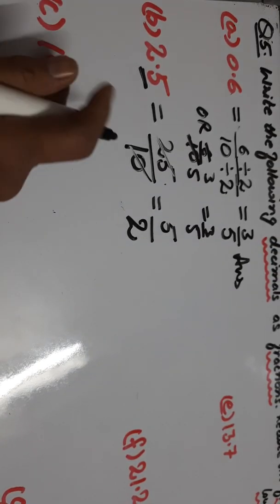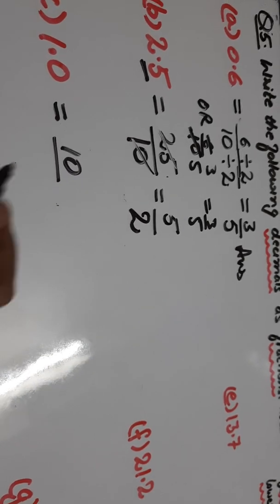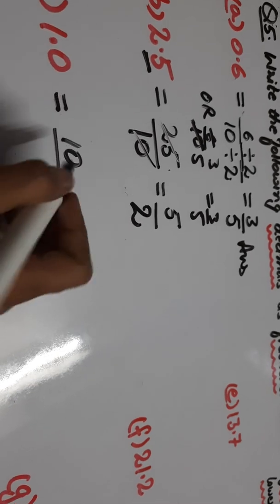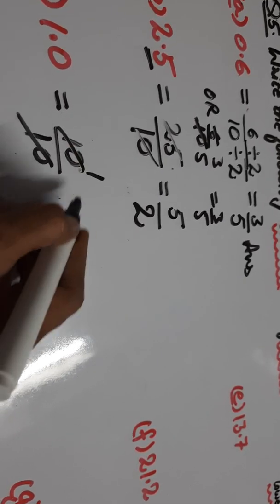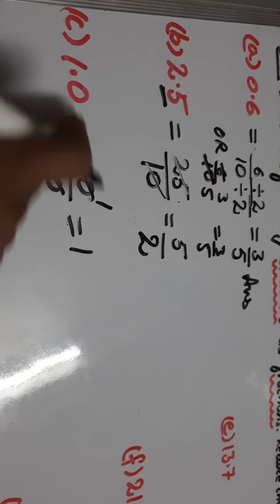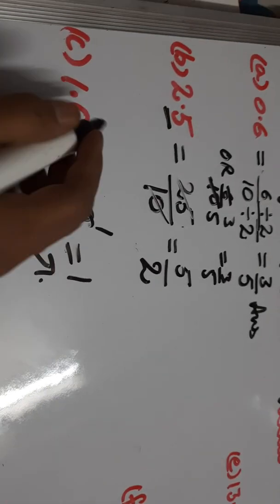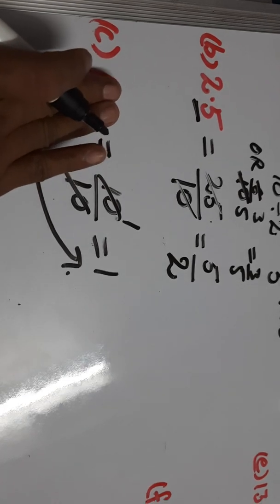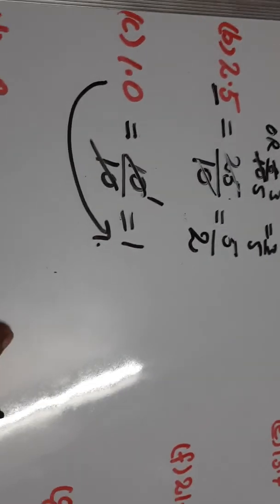Let us remove the decimal. We'll take 10 divided by, because after the decimal 0 is there, one digit is there, so we'll take 1 0. So 10 ones are 10, we'll get 1. We can directly write it as 1.0. Directly we can write it as 1 also, because after the decimal if only 0 is there, it has no value. 1.0 means 1. हम डायरेक्टली भी कर सकते थे इसे.